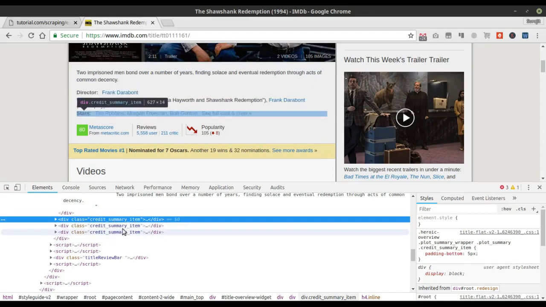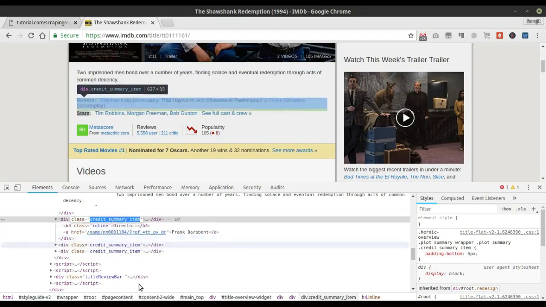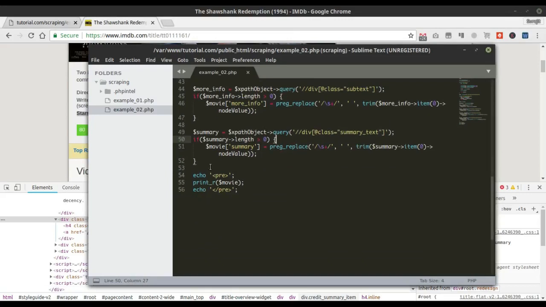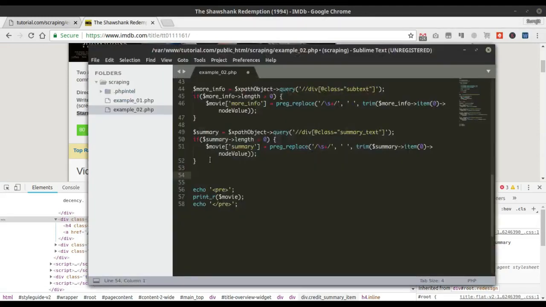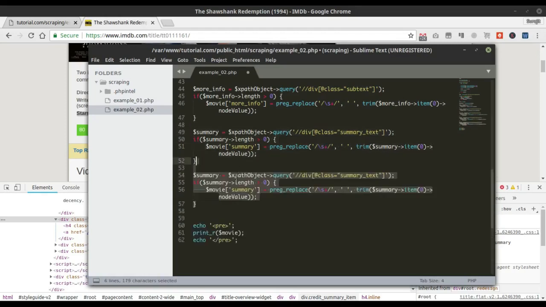For this, just copy the element and let's make, say, summary item. At first we need to duplicate it, and that is going to be summary item and the XPath object query, and you will use this credit